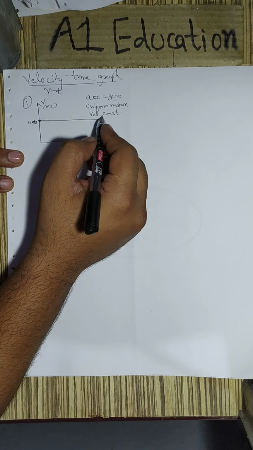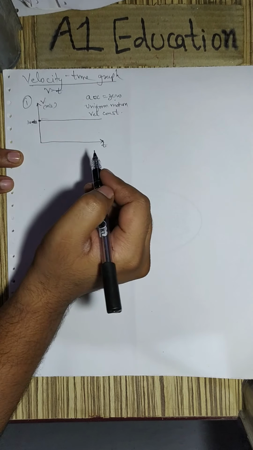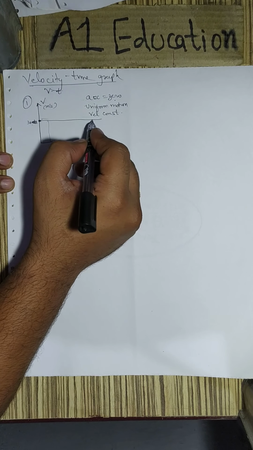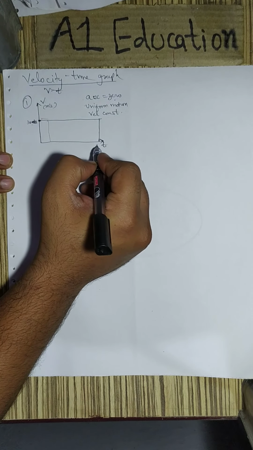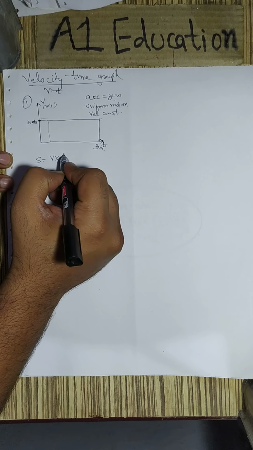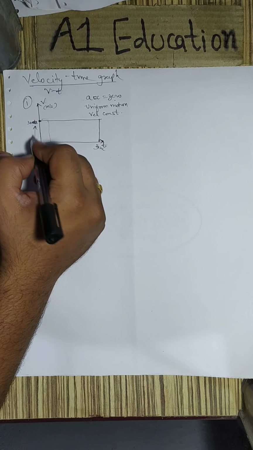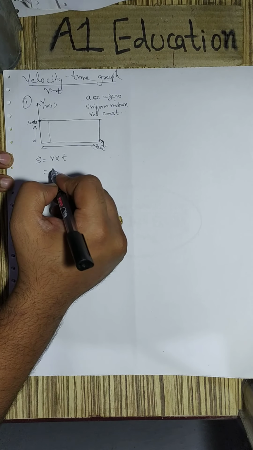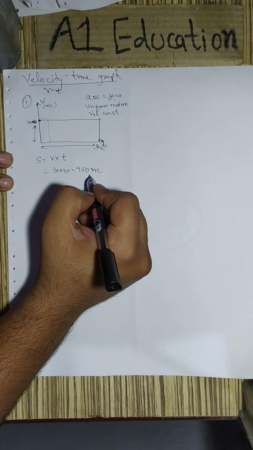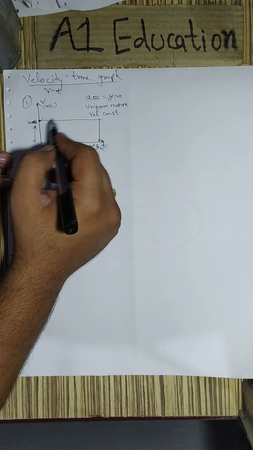Since velocity is constant, we can calculate displacement from this graph. How? So let us see, till 30 seconds. Here displacement will be given by velocity into time. Velocity is 30, right? 30 and time 30 seconds. So it is 900 meters is the displacement. So in 30 seconds the body undergoes 900 meters of displacement.